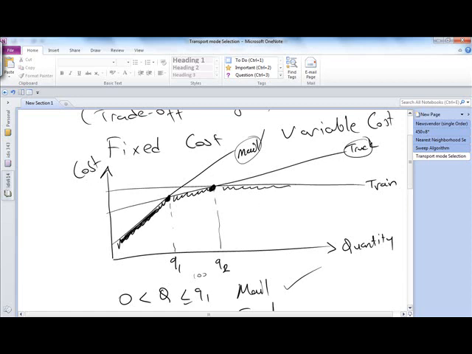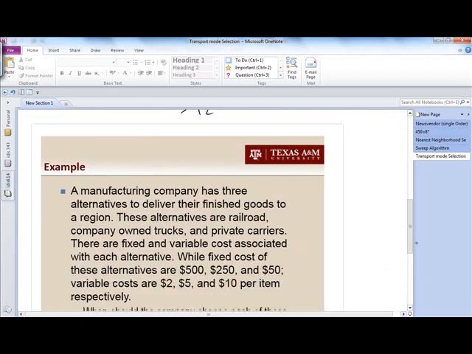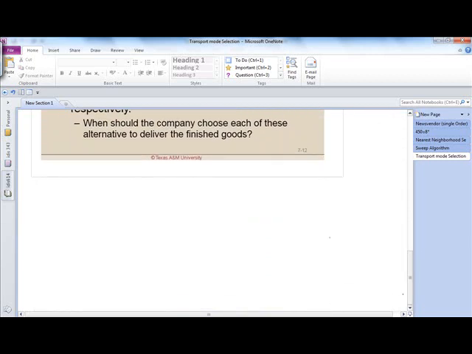This area is where mail is cheaper, and this area, if I was comparing two of them, up to here would be where truck is cheaper. So what we are trying to do is find these points where the costs are equal to each other, and that will be our break-even point. So let's look at railroad versus